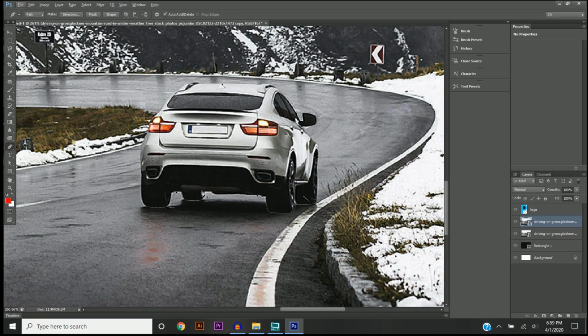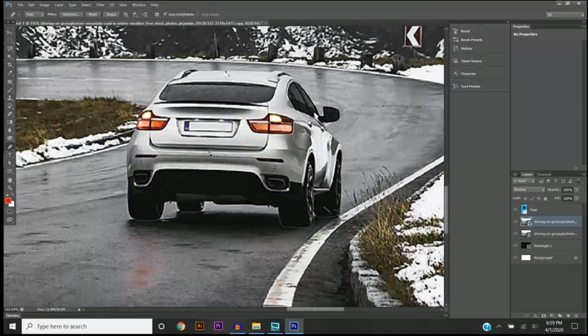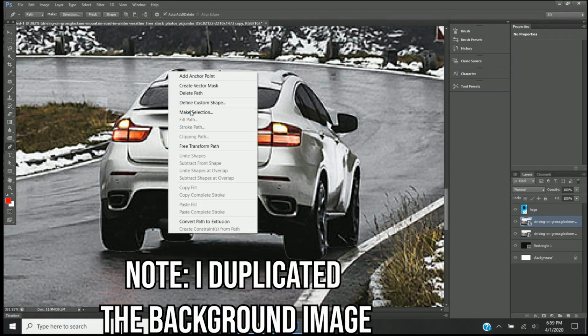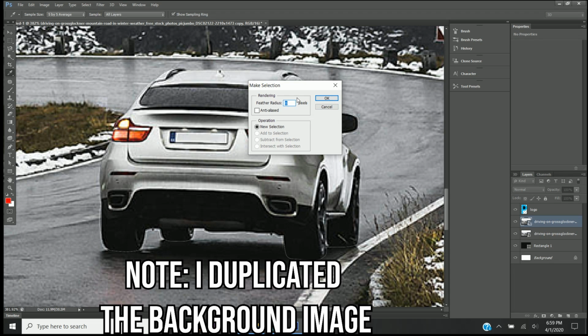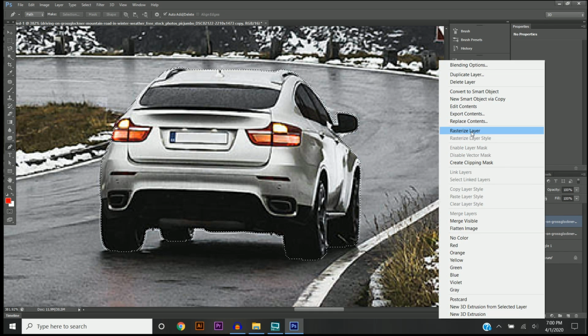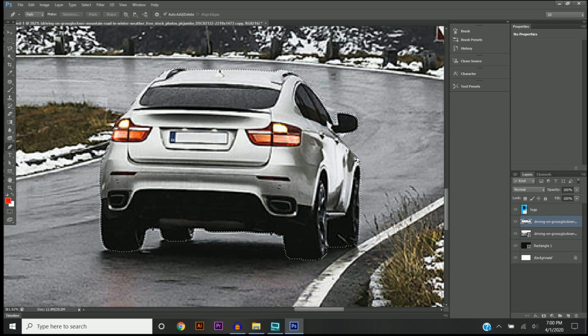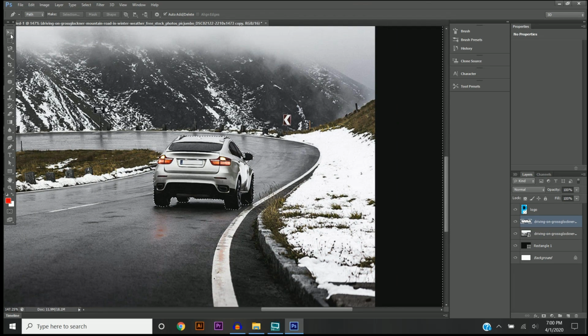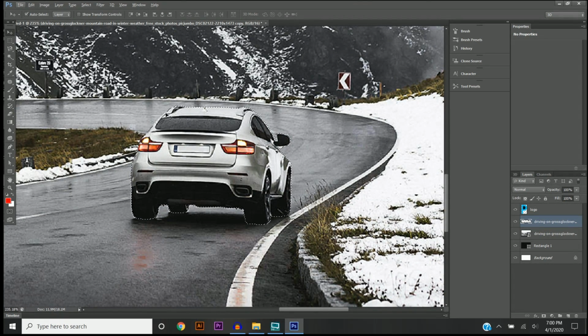All right, so now that I got that outline, I'm going to go ahead and right click, make selection, 0 feather, and Control-Shift-I to create our selection. Make sure this image is rasterized, so right click, rasterize, and press delete. So now that we have a solid car, obviously you can't see it right now, but this is an overlay over our original image. So I'm going to go ahead and Control-D to deselect, and we can actually move it